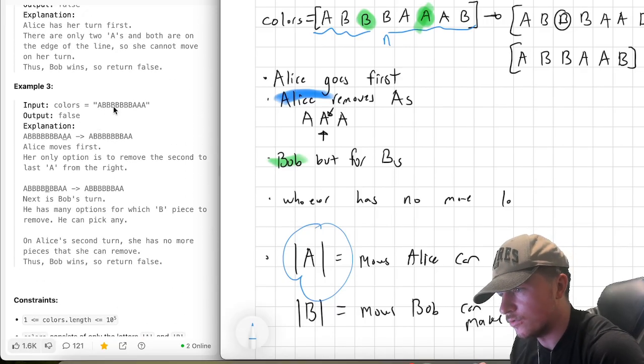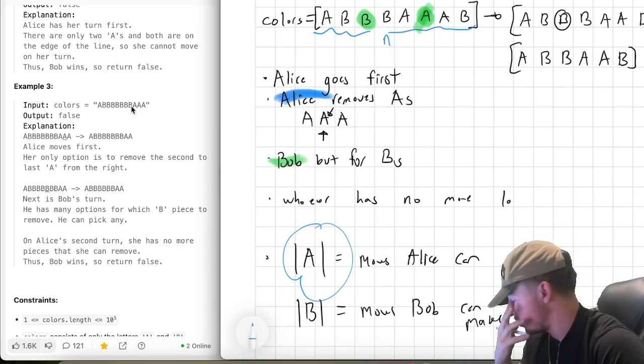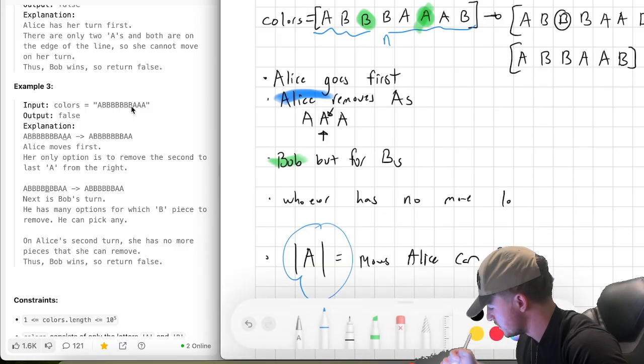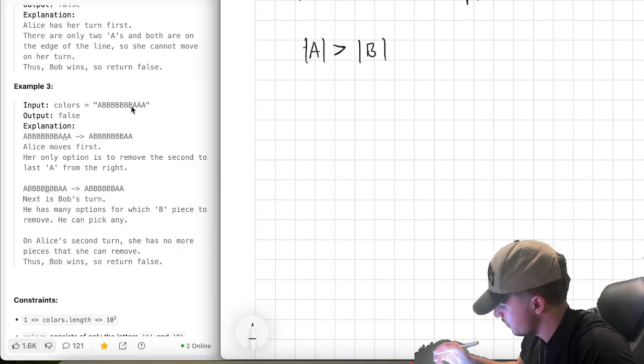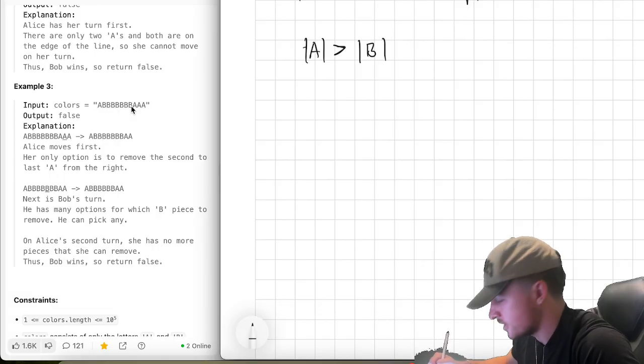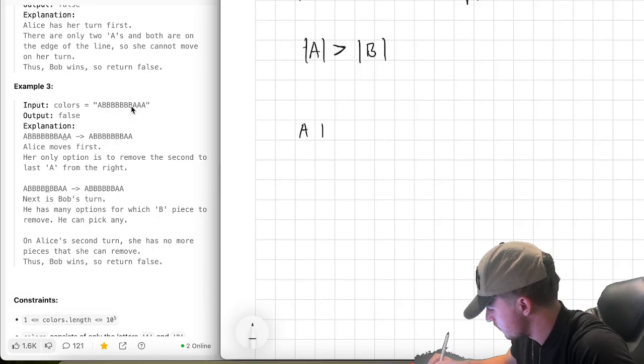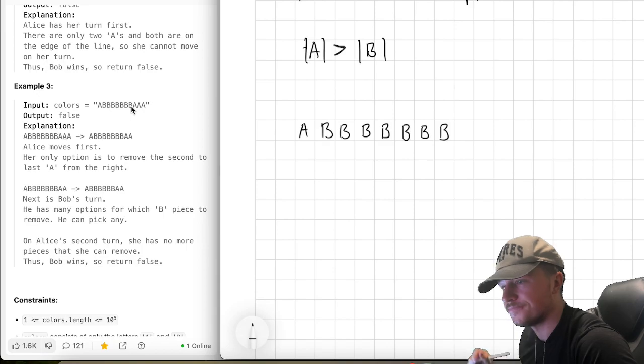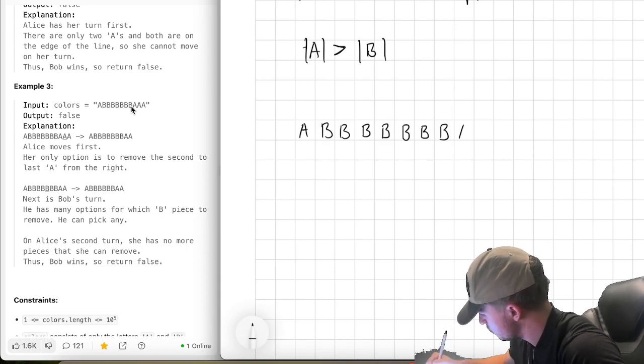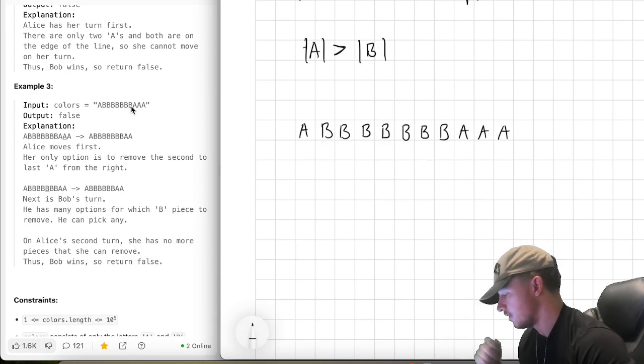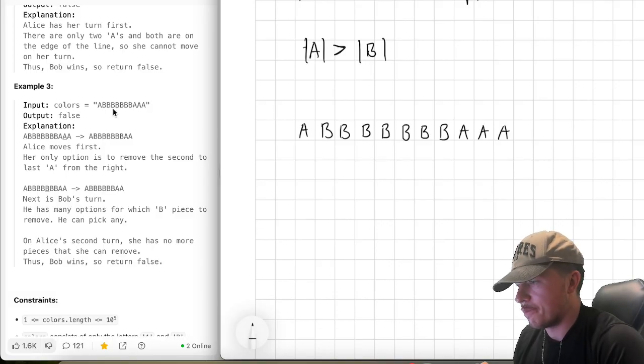This is 1, 2, 3, 4, 5, 6, 7 B's, 7 B's. Okay, so we'll do this example. 7 B's, 1 A, what is it? 1 A, 7 B's, 1 A, 7 B's. 1, 2, 3, 4, 5, 6, 7. And then 3 A's, 1, 2, 3. Okay, so